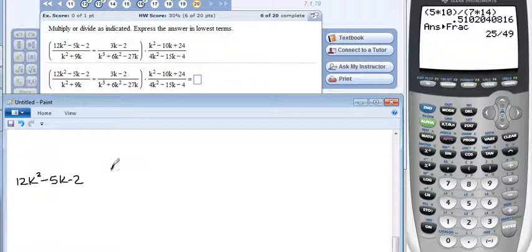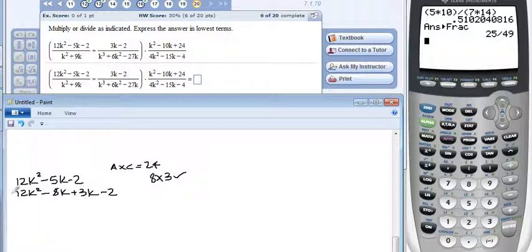Okay, so we're using the AC method. A times C is 24. And I need one combination that multiplies to 24, and we want to subtract to the 5 because that's the negative. So just for time's sake, I know it's that one. It's an 8 and a 3, right? I mean, I could list them all, but if I can see it, I'm just going to do that. So now I'm going to rewrite. I need a negative 8, a negative 5, so I put the negative 8 here, positive 3 there,